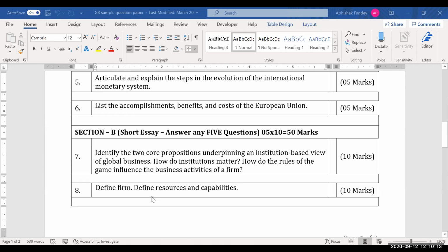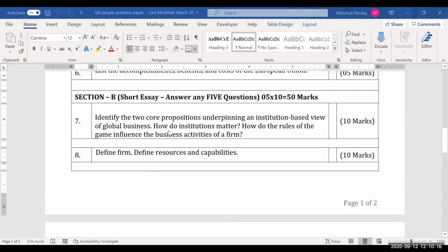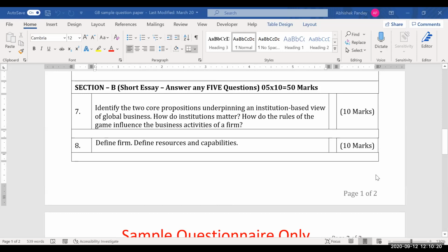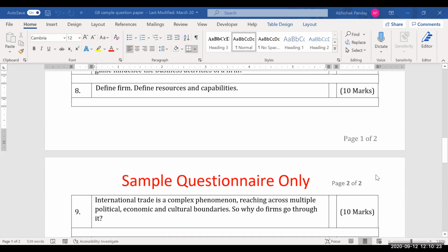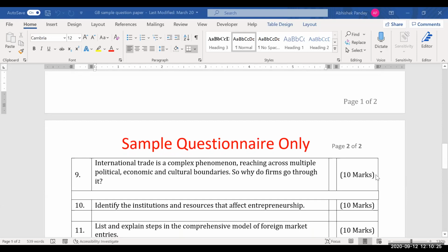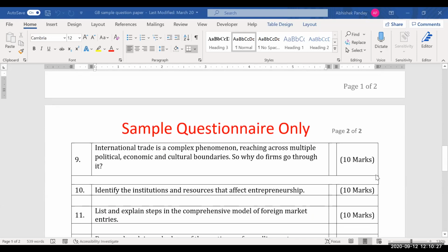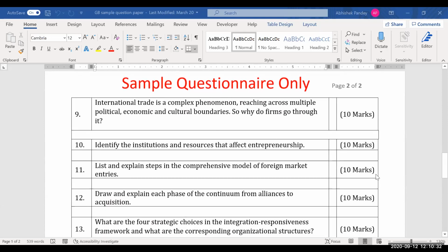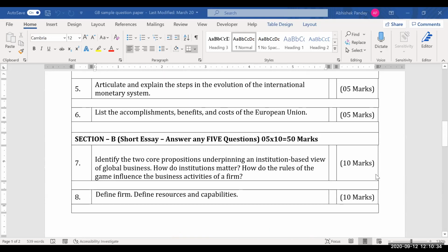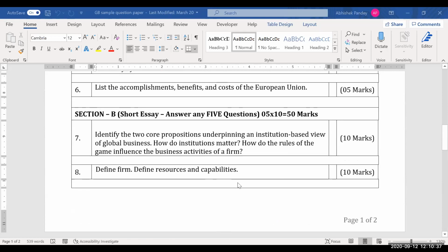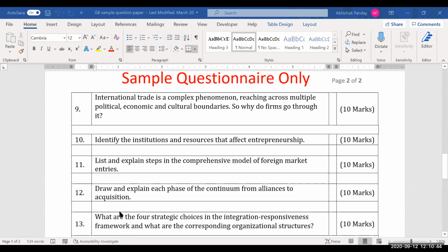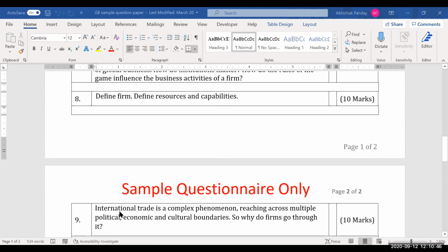Okay, then there is a section B, which is a short essay kind of questions. Here it is 10 marks per question, and there are 5 questions. Okay, and this can be more on why. And it can be more on properties or attributes or categories of questions. So this is 5 questions of 10 marks each, and you have 7 questions, so 5 out of 7 you have to answer here.